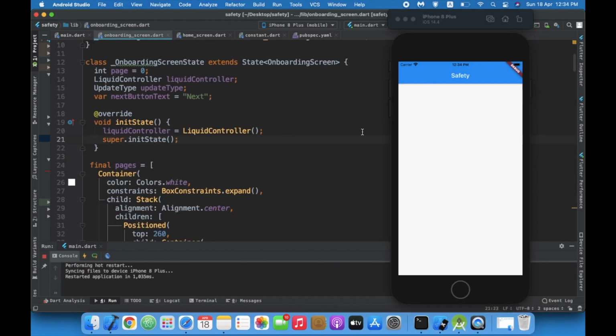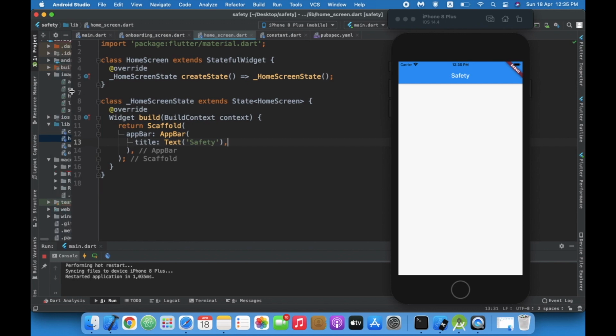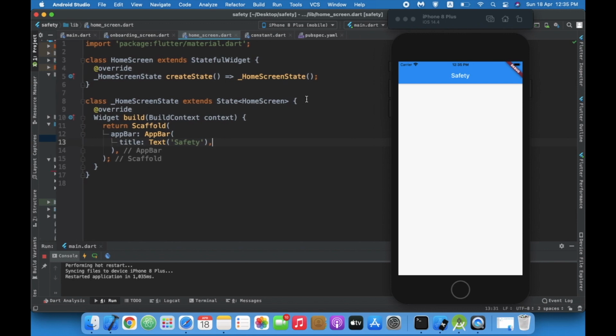Okay, our safety app. Now let us start with creating our safety screen. So this is our home screen. First, let us come and get height and width.